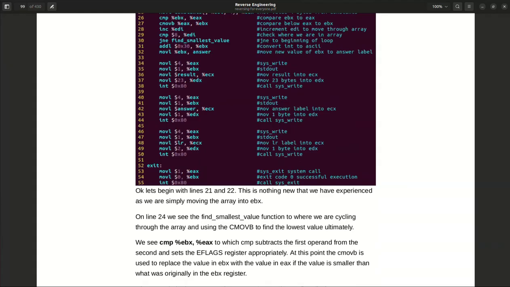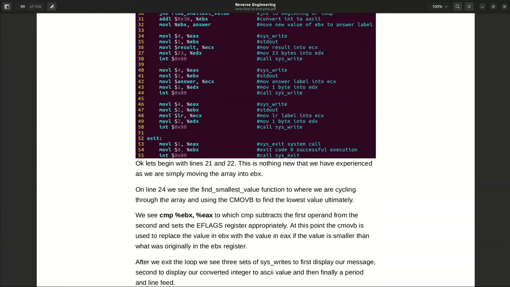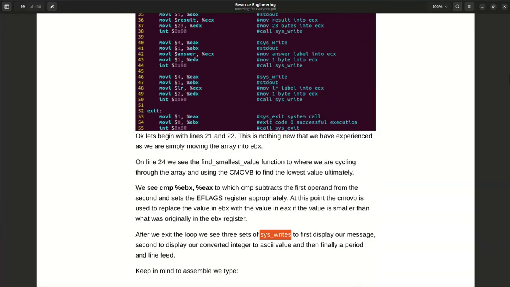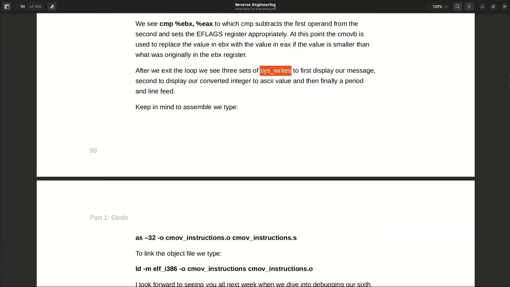At this point, the CMOVB is used to replace the value in EBX with the value in EAX if the value is smaller than what was originally in the EBX register. After we exit the loop, we see three sets of sys_write to first display our message, second to display our converted integer to ASCII value, and then finally a period and line feed. Keep in mind, to assemble, we type